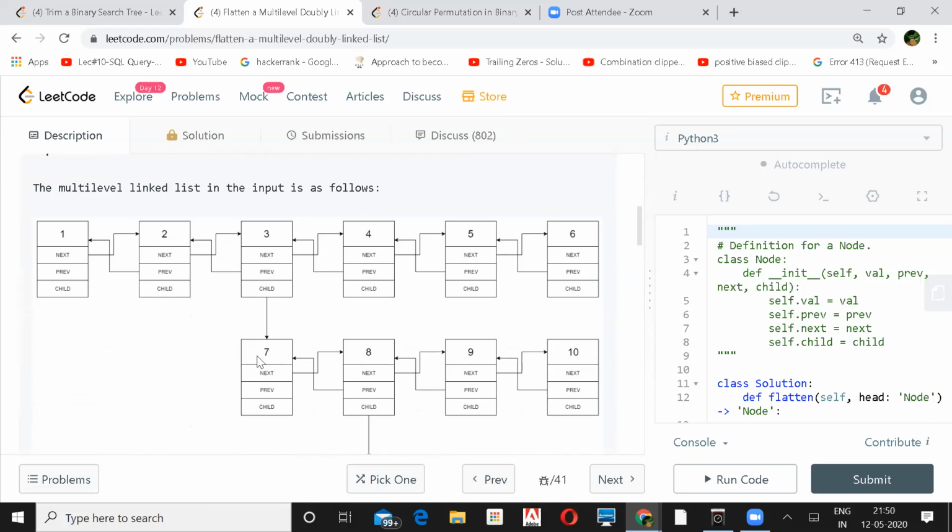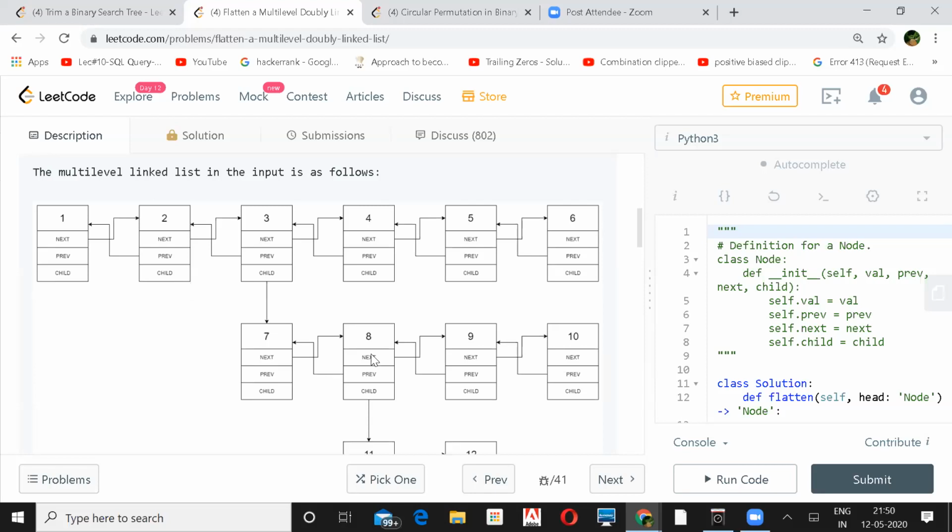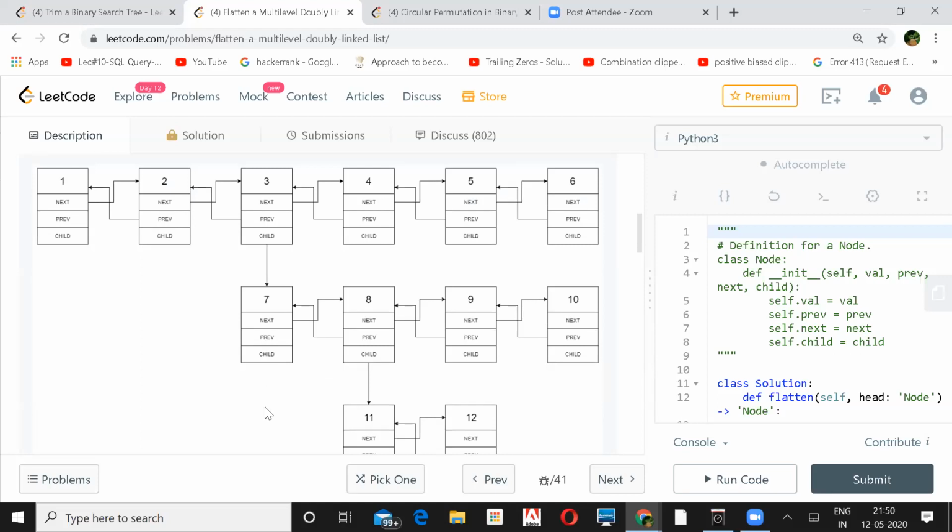So you're saying just go through 1, 2, 3, 7, and whenever you don't get a child, and then you go for the child. And if there is no child, I'll go to the next. And I'll just store all those things in a stack and I'll pop them and connect next and previous. When will you pop? When you don't have any left child? I don't pop it. I'll just iterate all the nodes, 1, 2, 3, 7, 8, then 11. But in that case, why do you have to use a stack? Because in the stack, it will be the reverse way, right? Oh, you actually come to the head again. Okay, got it. I think I can share my code.